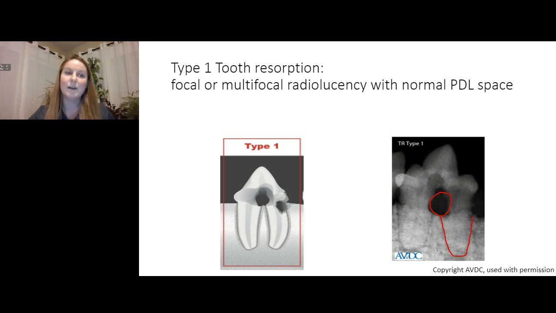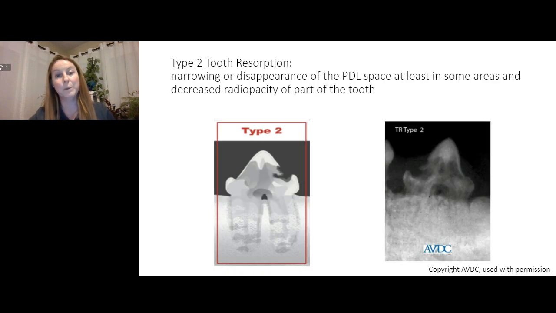So why does that matter? Types of tooth resorption matter because it determines our treatment plan. So if we see type 1 tooth resorption, we are fully extracting the tooth. Crown amputation, not an option. That is an inappropriate treatment plan for this type of tooth. So this would be type 1 tooth resorption: focal, multifocal radiolucency, intact periodontal ligament space,